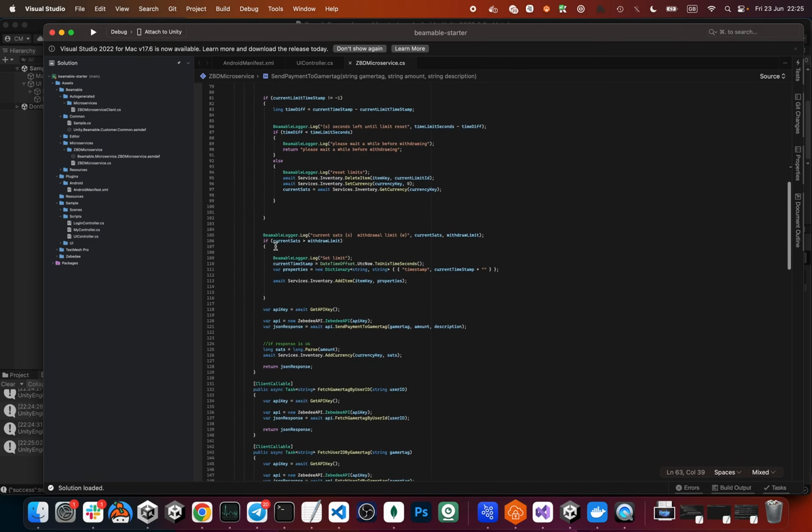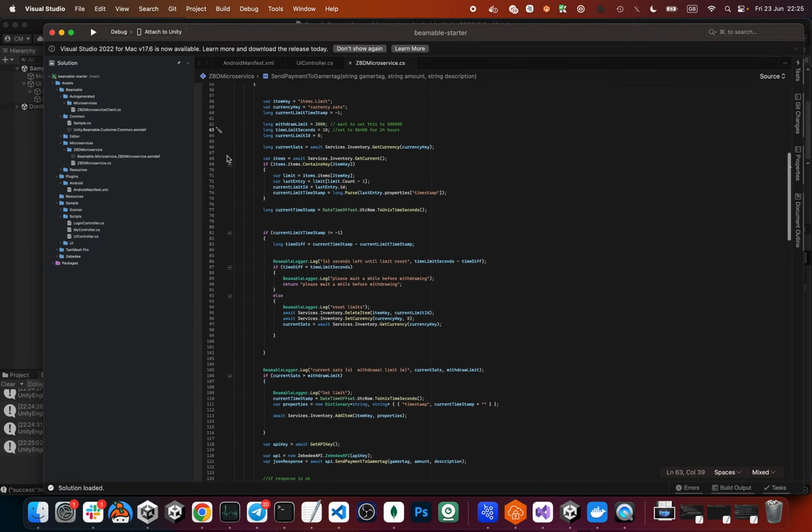But yeah, basically, if the current stats is greater than the limit, I get the current timestamp, the time now. I save that to the limit inventory. And then once we go to withdraw again, I basically check here. This checks like, is there a current limit timestamp? Does it exist? If that timestamp exists, get that time that was set then and get the time now and how long has elapsed. If the time difference that's elapsed between those two dates is less than my time limit seconds, 10 seconds,